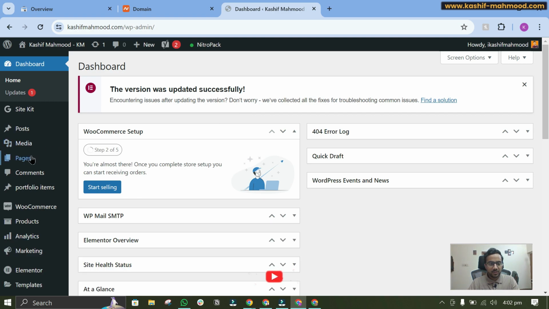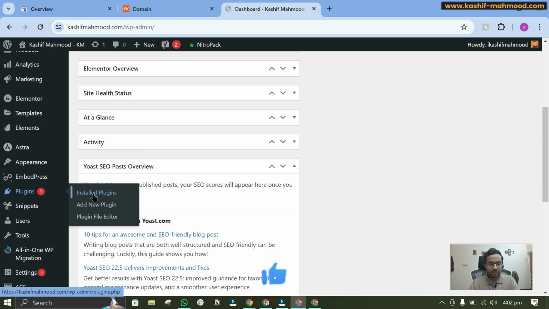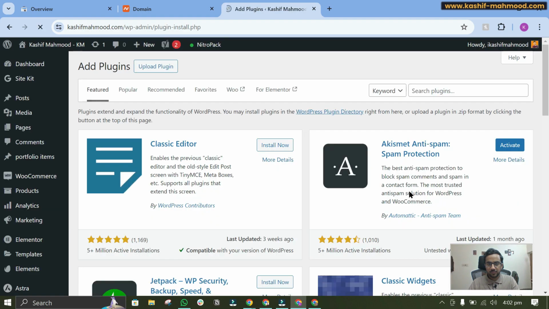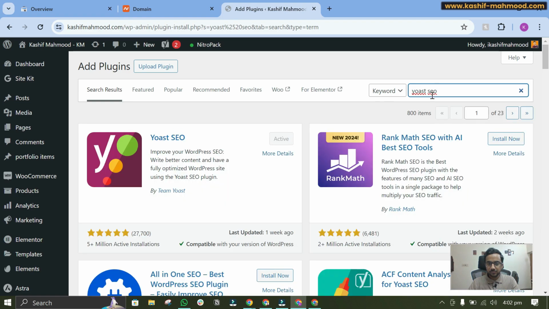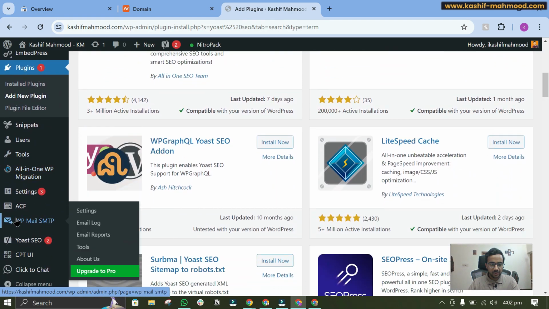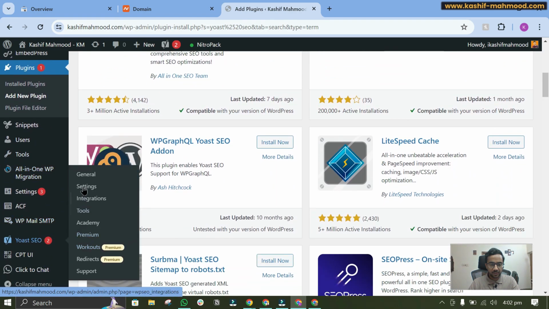And now to submit the sitemap we will have to install an SEO plugin. The plugin I use is called Yoast SEO, and here you can install this plugin by Team Yoast. And now after installing it, you will see this option over here. You can go to the settings,